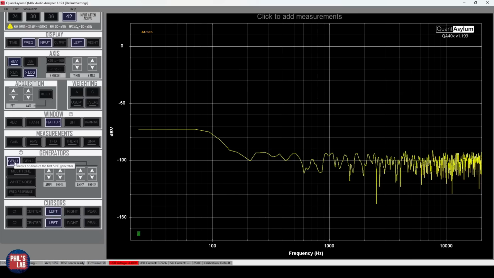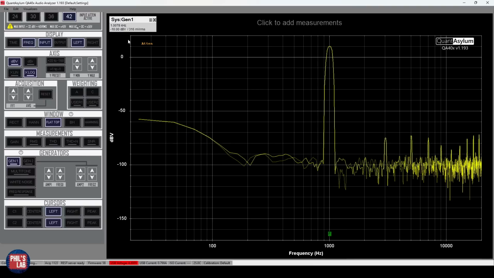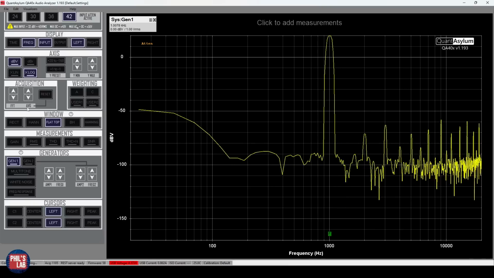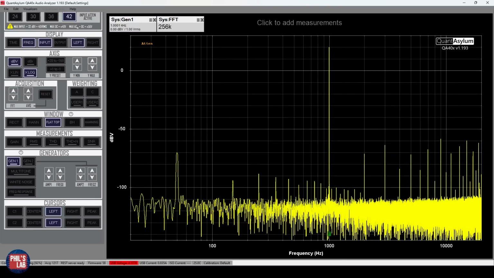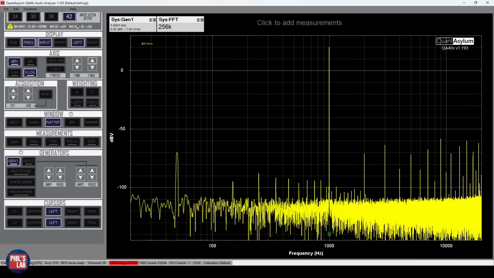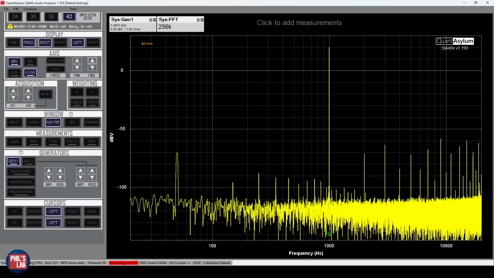And then I would just like to do a function generator first of all, so just a sine wave. You can see in the top left, I'm going to turn this up to 1 volt RMS, and we need to increase the resolution of our FFT, which we can do on the left-hand side in the FFT panel. Already from this, we can see a couple of interesting points. Again, we're feeding in a 1 volt RMS sine wave at 1 kilohertz, and we're monitoring the output, at least